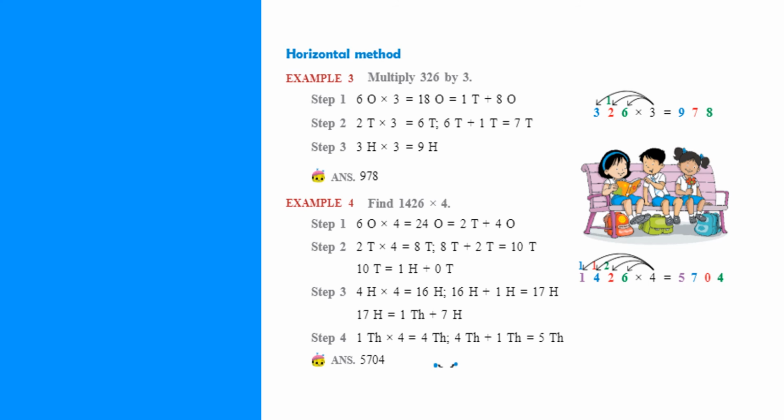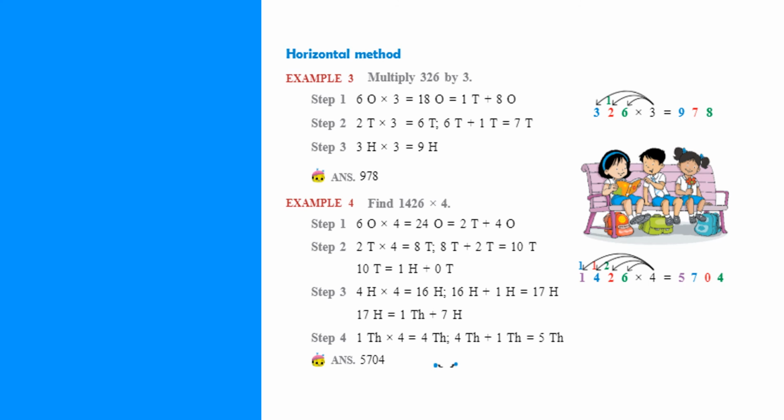So let's take a quick recap. 6 is at ones place. 4 sixes are 24. There 4 will be at ones place and 2 will be carried over to tens, right? Now 4 twos are 8. 8 plus 2, 2 was carried over, 10, right? 10 tens. So 0 will be there at the tens place and 1 will be carried over to hundreds place,